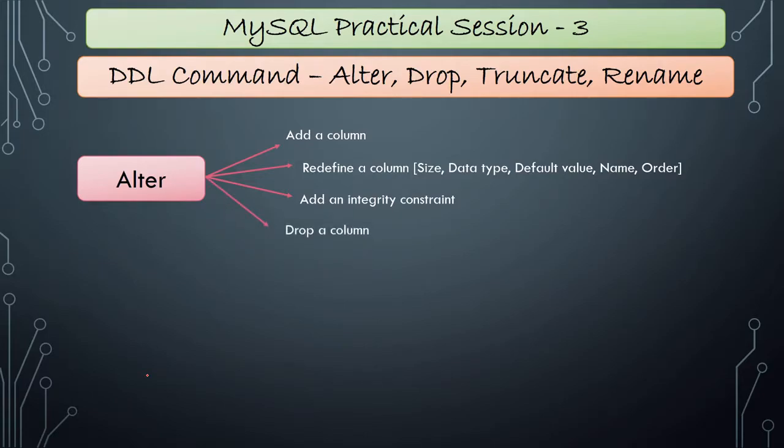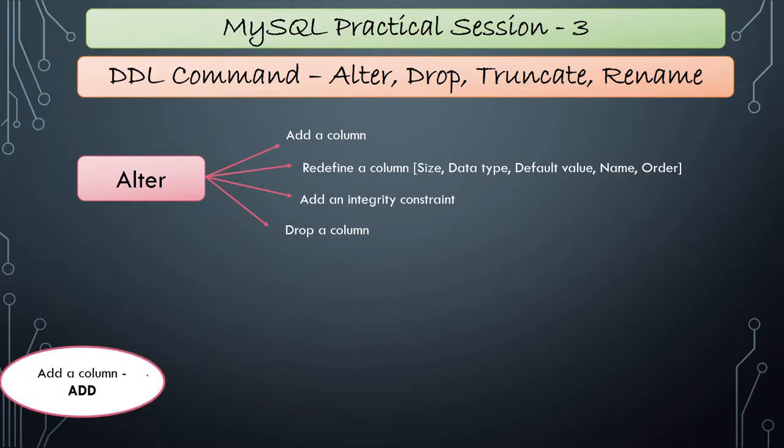Next, we can drop a column. If we want to remove a column, we can use the alter command for it. The alter command provides this many features. Then there is a need for additional words which can be used in the alter command. So first, for adding a column we have the add word. Okay, for adding a column we have the add word in our alter command.